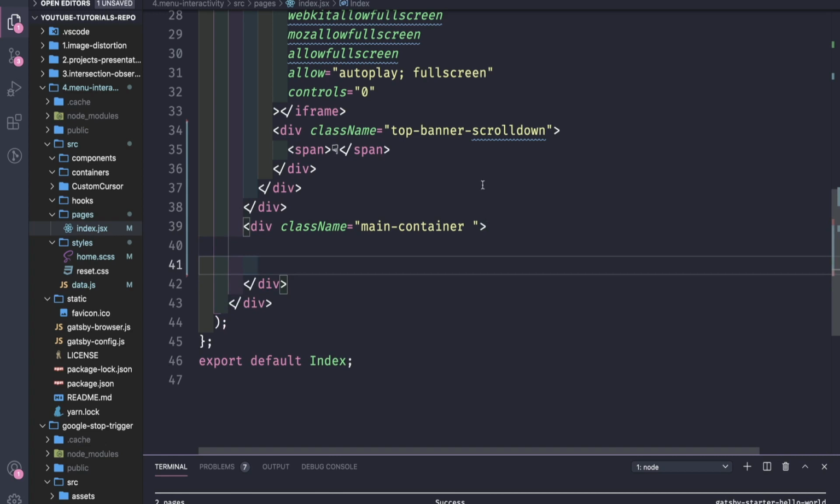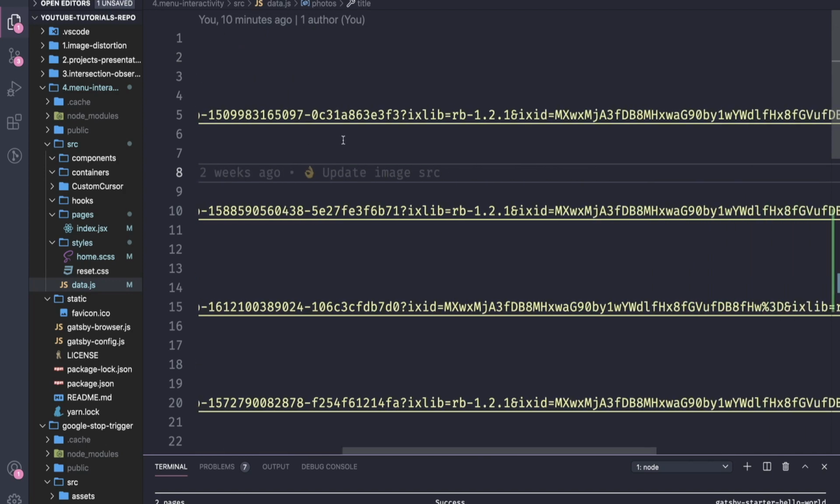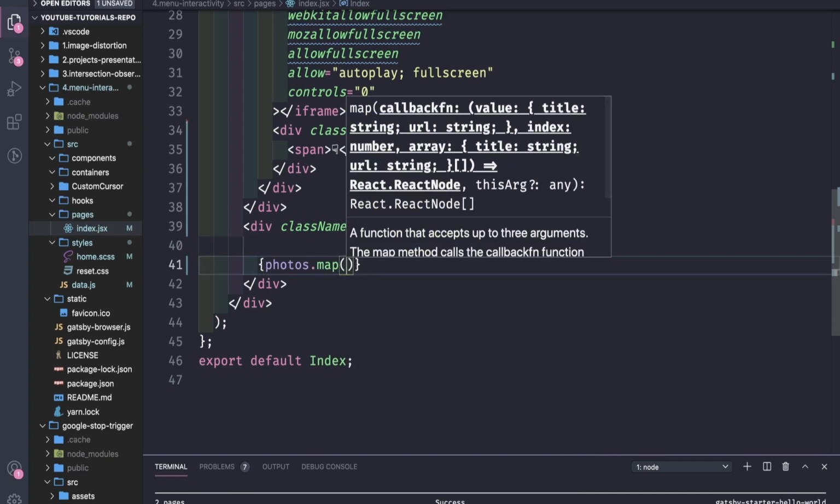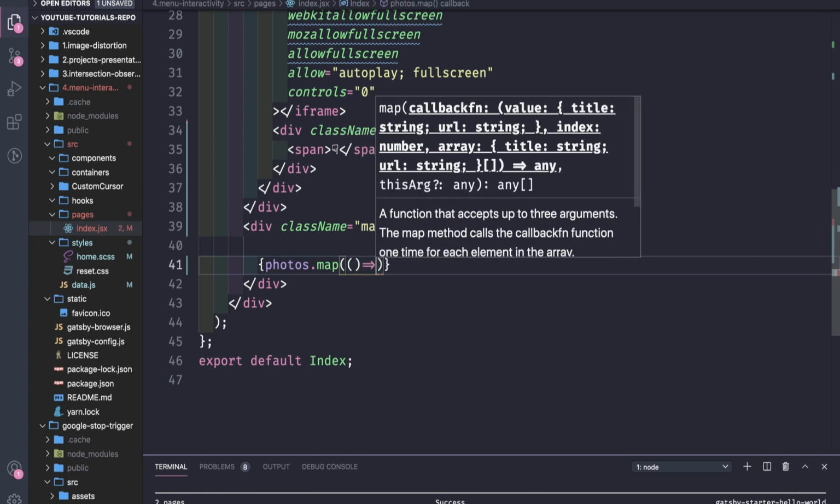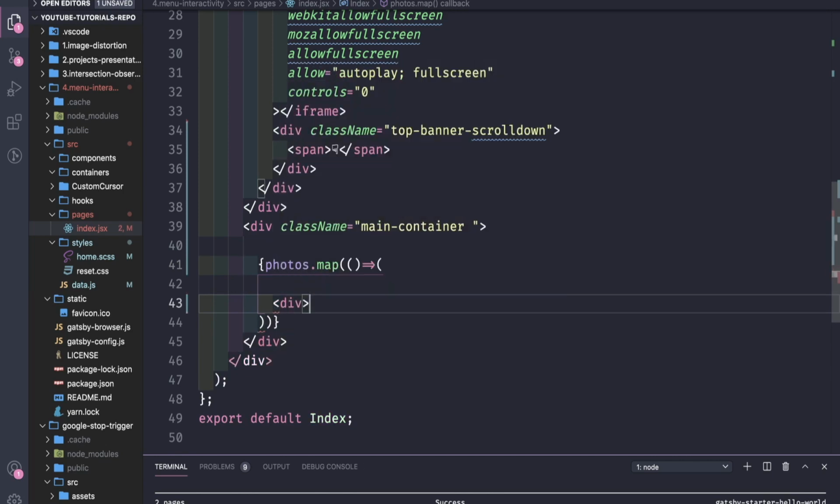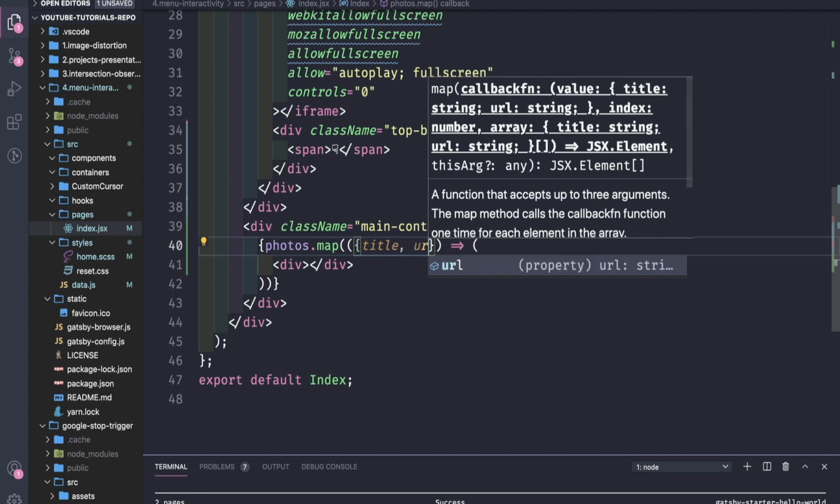Going to the menu, we'll iterate through the photos. The photos is an array containing objects, and each object contains a title and a URL to the image file from Unsplash. So we iterate through photos with map, and let's return something, a div for now. Let's destructure and take the title and the URL,